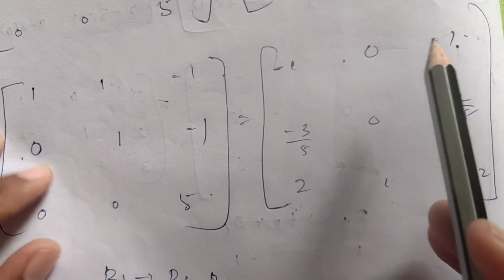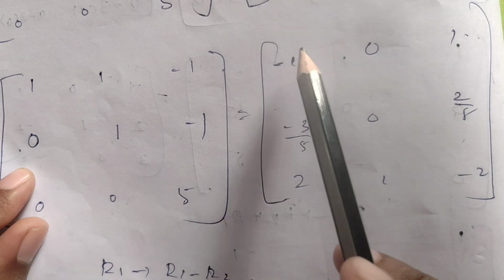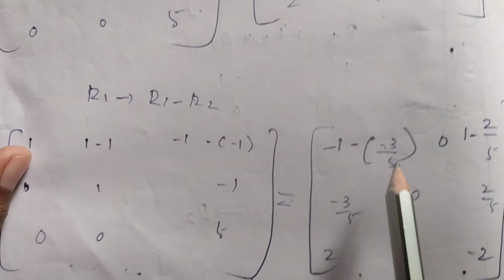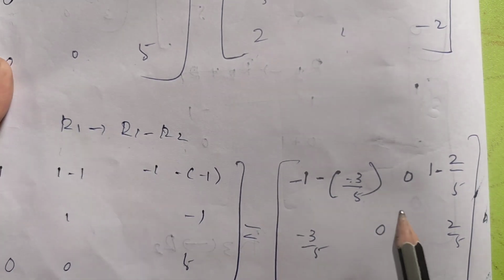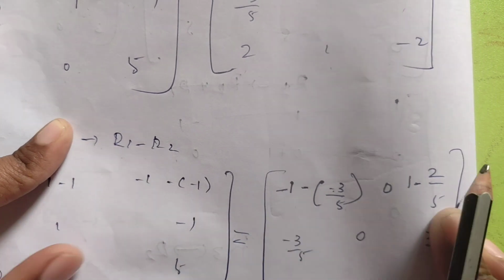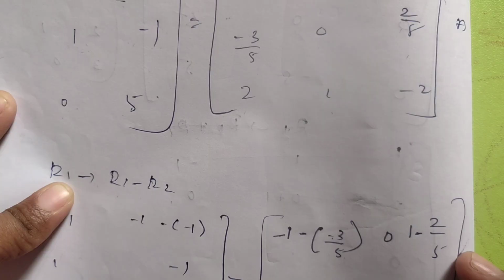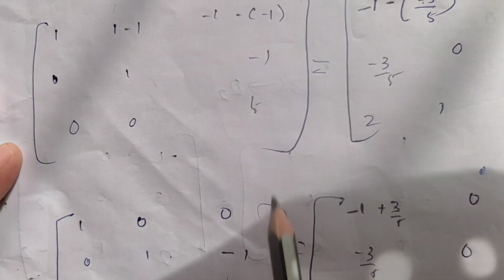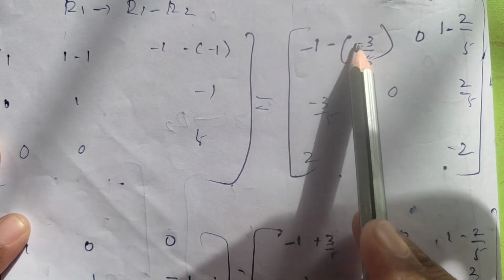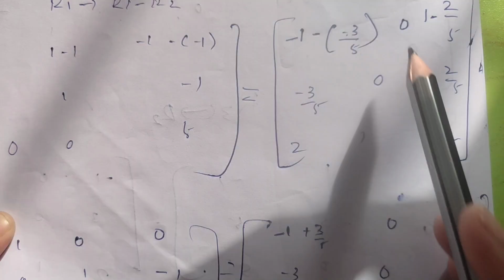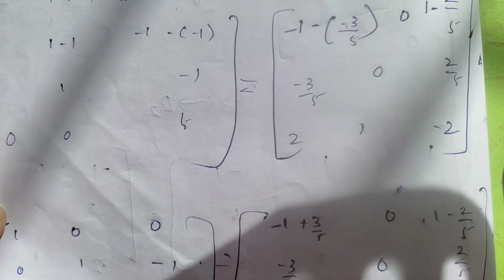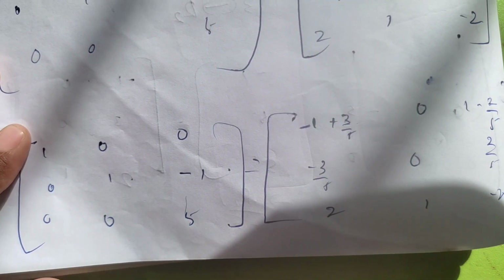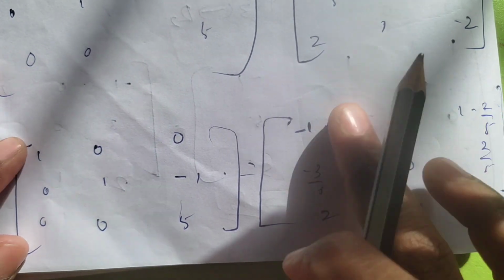Same thing is followed in the RHS also. Minus 1 minus into minus 3 by 5. 0. 1 minus 2 by 5. Get it? 1, 0. Minus 1 plus 1, 0. Minus 1 plus 3 by 5. 0. 1 minus 2 by 5. And R2 and R3 are the same as they are. Now again on simplification,